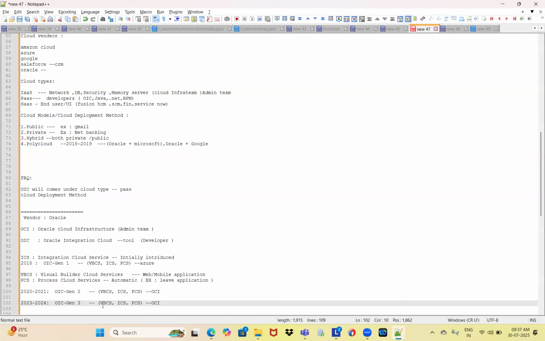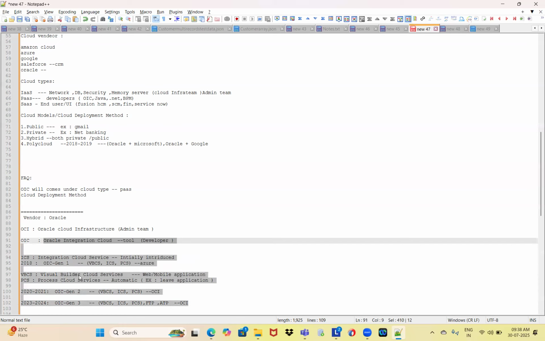Here in the PCS, there are some adapter concepts like FTP and ATP. They implemented new adapters and came up with some features, and introduced the version called Generation 3 around 2023 to 2024.